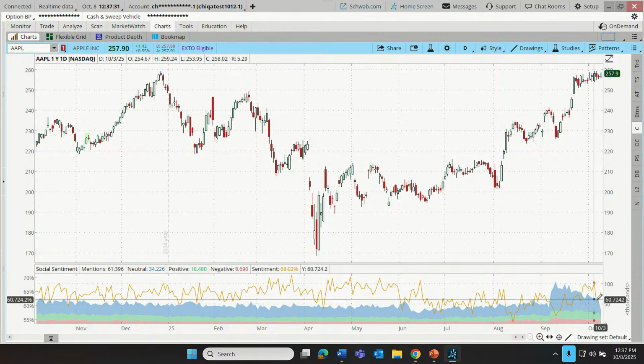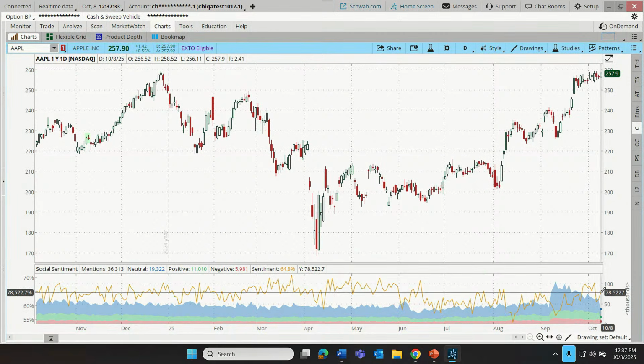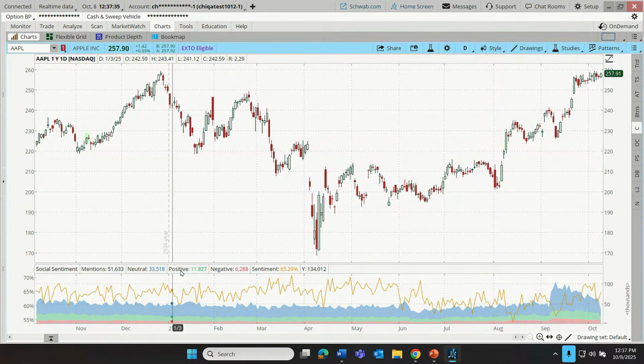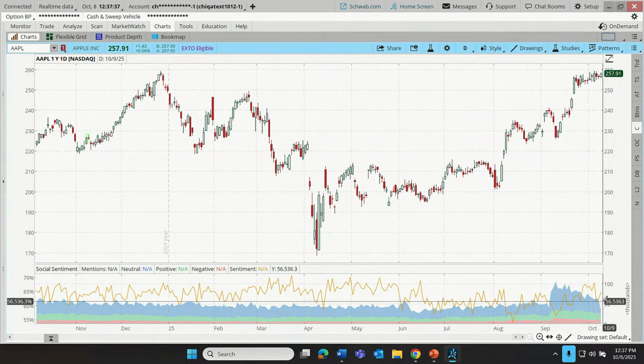So if I look at today, I can see at the numbers right here, positive 11,010, negative 5,981. That means 64.8% of positive and negative are actually positive. Or in other words, 64.8% of non-neutral mentions on social media, according to this algorithm, were positive.